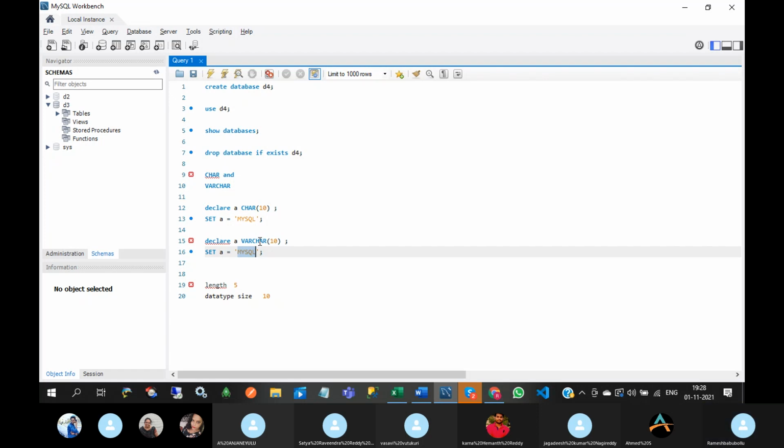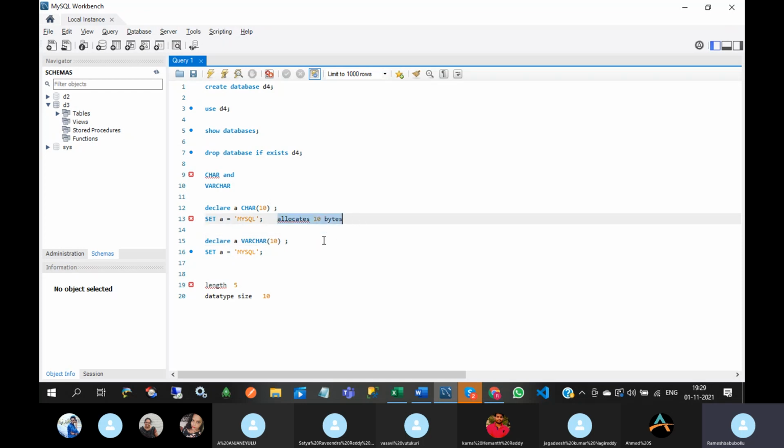Did you understand what is the difference between char and varchar? With char, it will allocate 10 bytes, because you have declared the char data type with size 10.